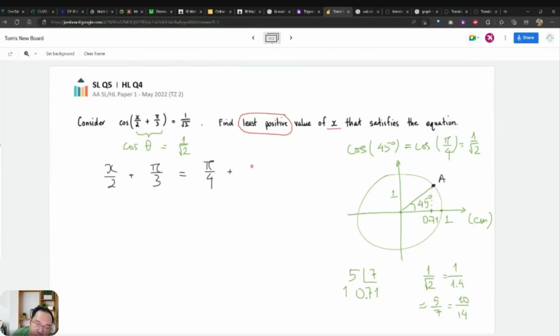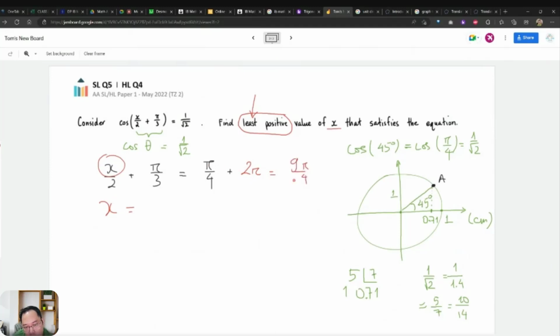Let me show you. Adding 2 pi, the value of x calculated will not be the least value. It is difficult because of the word least here. Without the 2 pi, x is negative, so we don't consider that case anymore. Adding 2 pi,